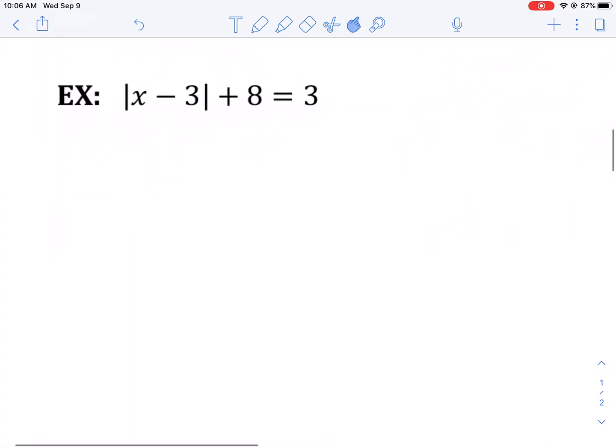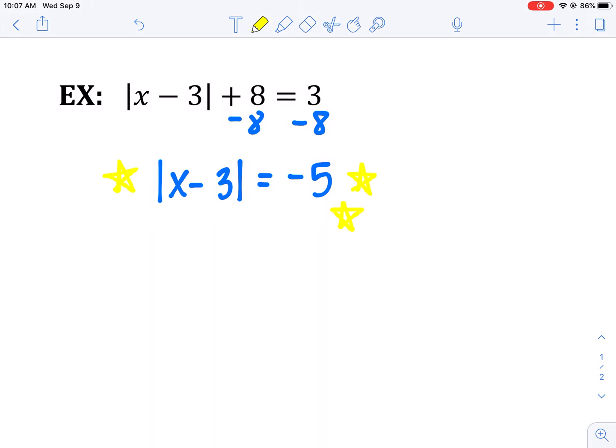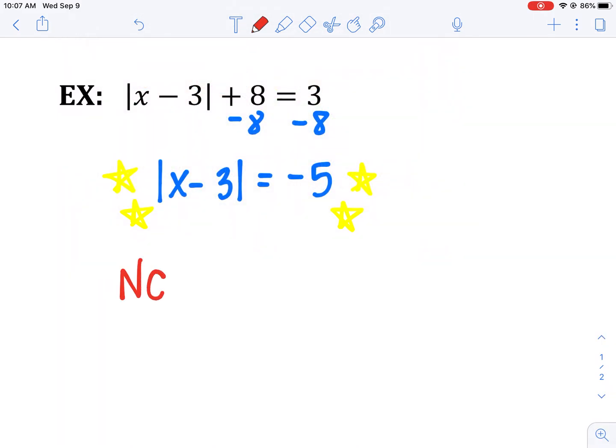Here's another example. Again, there's something outside of the absolute value that's in its way. So I need to get rid of that first. And now it's something that I can work with. Hopefully something's jumping out at you at this point. Notice an absolute value. Can that ever be negative? What comes out of the absolute value? Well, no, it can't. This is when you can stop and just say no solution,